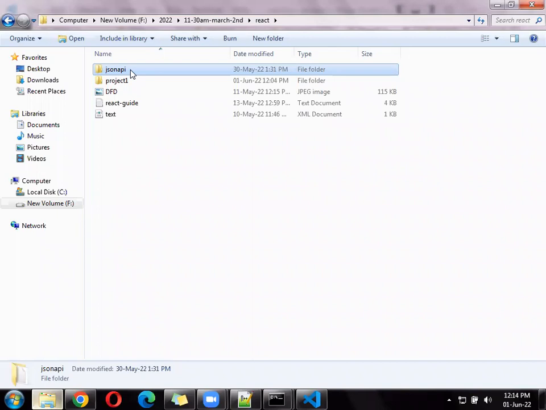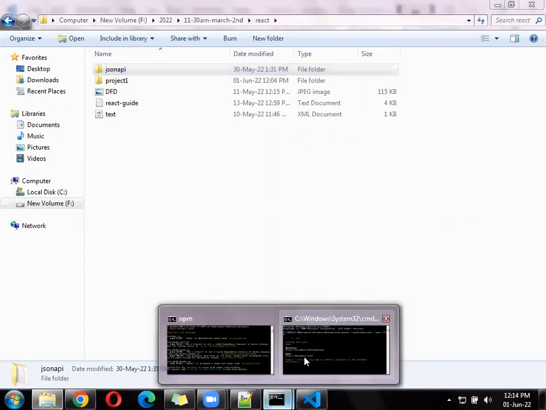Okay, right there, this line: json-server